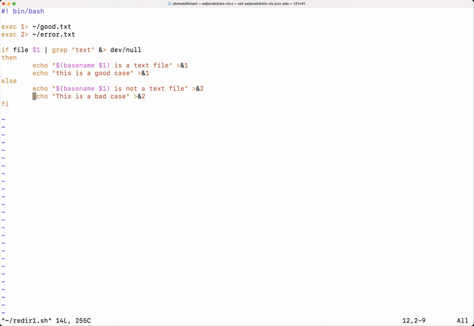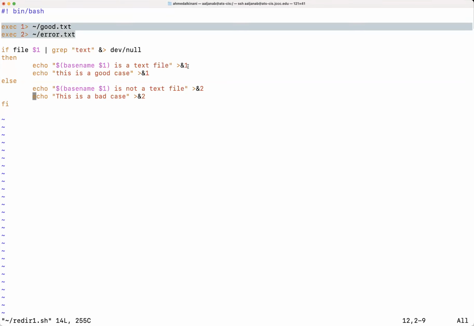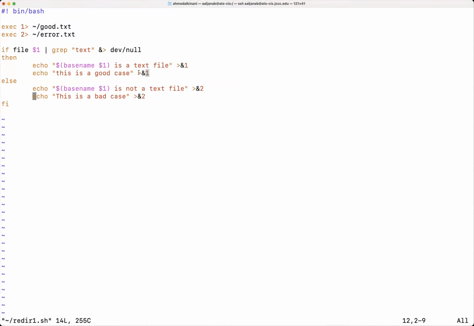So you can see how I can redirect my standard outputs and my standard errors to different files, as you can see here. We start by specifying which files we want to redirect the standard output and the standard errors to. By default, if I don't have those two lines, the messages you see here are simply printed on the screen, because the standard output is the terminal monitor. But I can redirect them to different files using the script that you're seeing here.